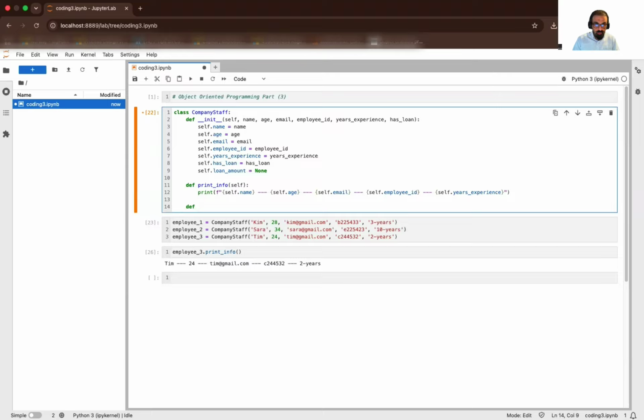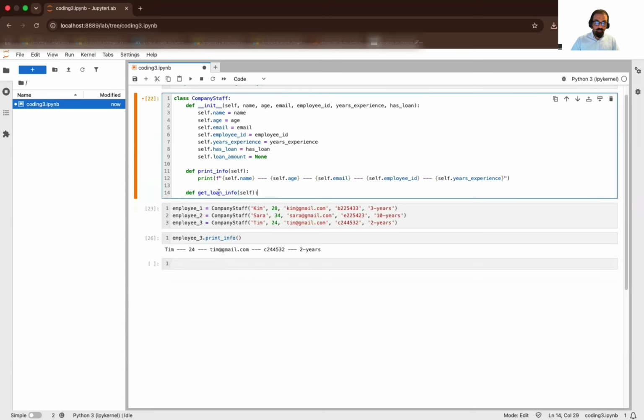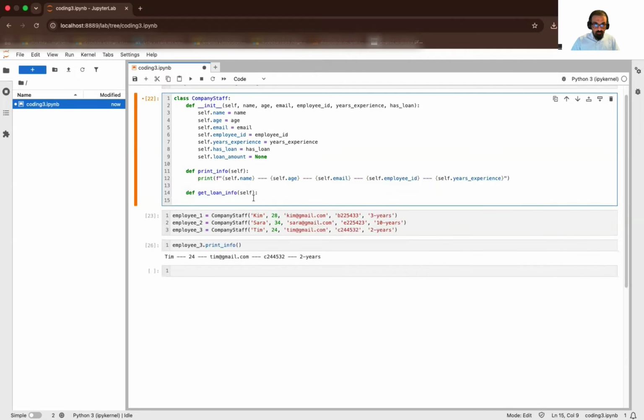We should think how we can develop this program to be able to add the amount of the loan. It is not very difficult. We can just add another method like get loan info, and again get loan info of an employee. Then this self we need to put inside the brackets. Get loan information of the employee. Self refers to a specific object. Then we can say